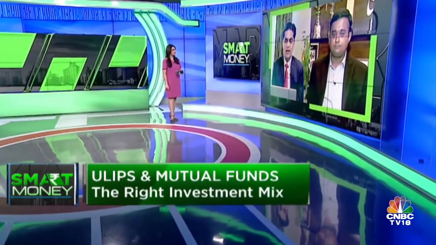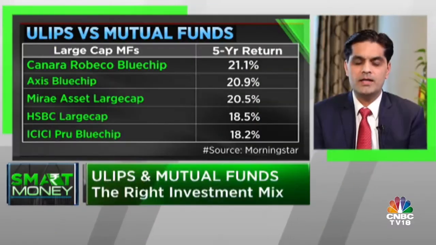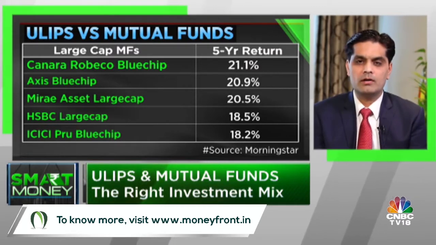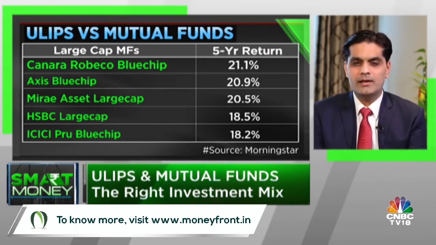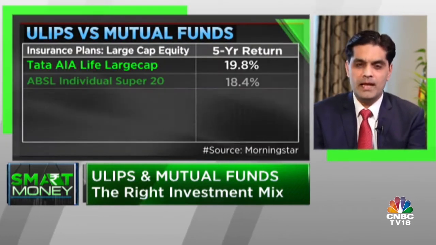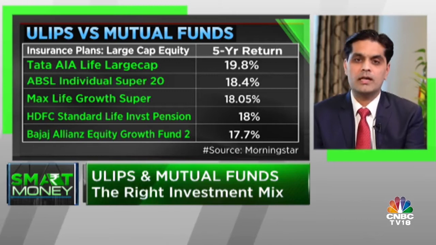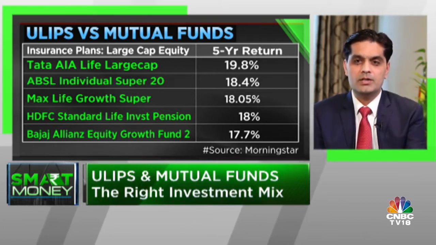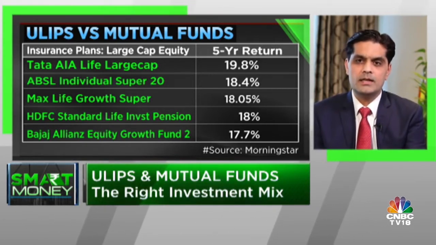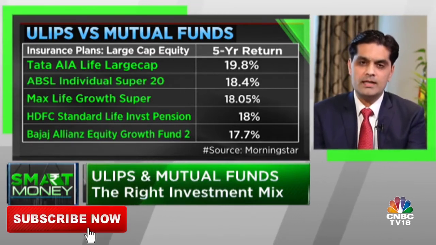So Surbhi, I agree with Vivek to that extent that because ULIPs are locked-in products, the fund manager has the flexibility to take a longer-term view. However, if you dig deep, I don't know how many investors would know names of ULIP plans as they would know names of mutual fund plans. How many investors would know the names of fund managers under ULIPs or insurance companies as they would know the names of fund managers in mutual funds, right? So there is a difference when it comes to performance. Over a long period of time, mutual funds have had a more sustainable and long-lasting performance.